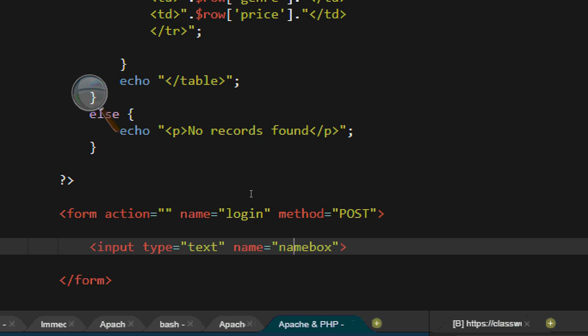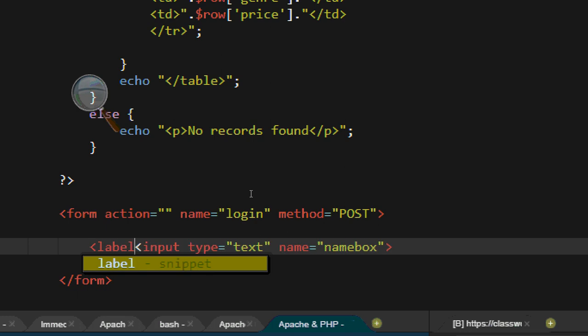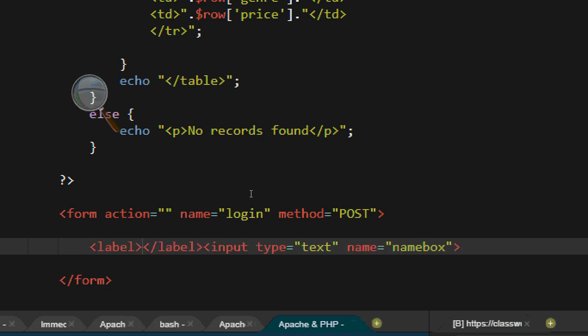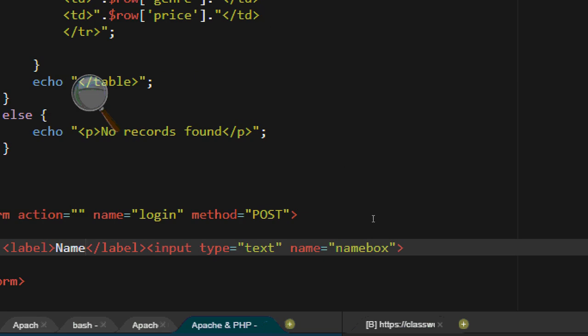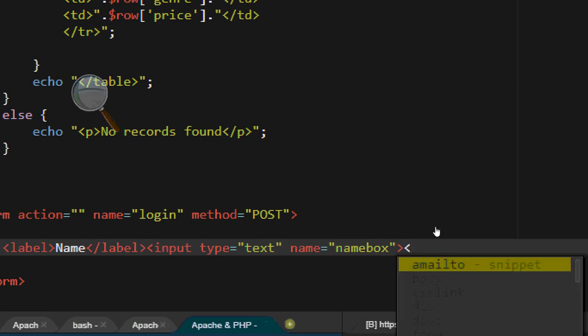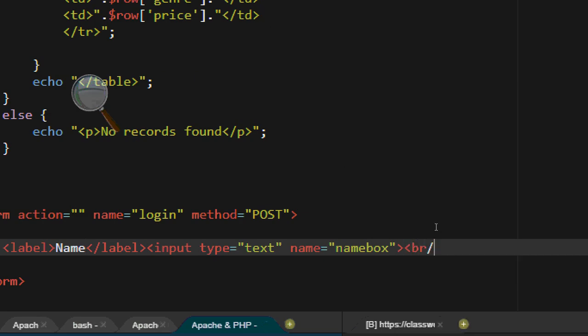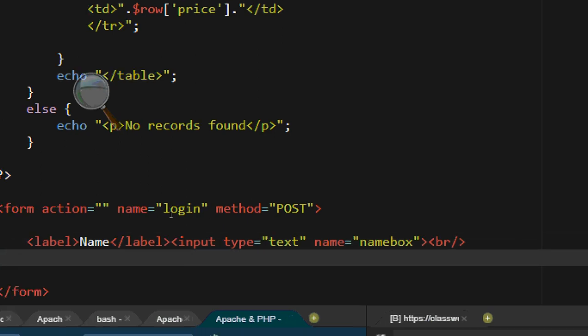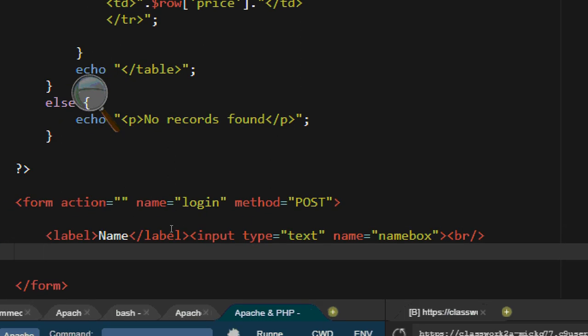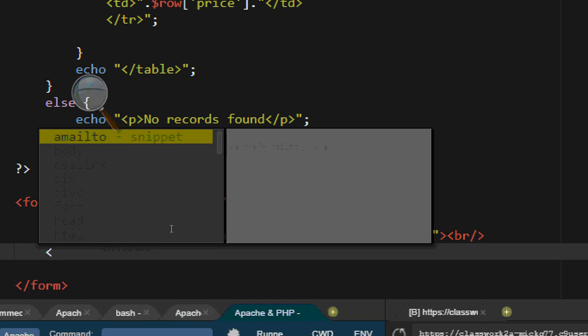And what I'll do with this is, just before it, I'll say label and I'll say name. Now this won't look great. And at the end of that line, I'll put a break line tag in. I'm not worried about presentation too much. Hopefully you understand why, because if I spend so much time in